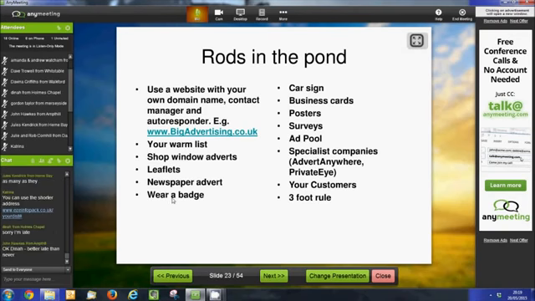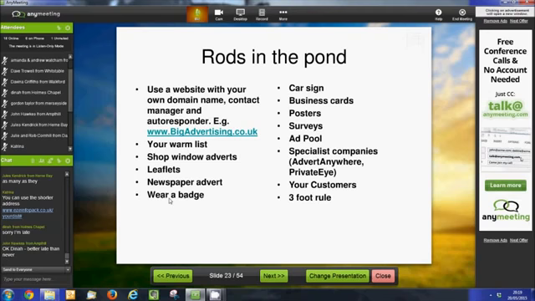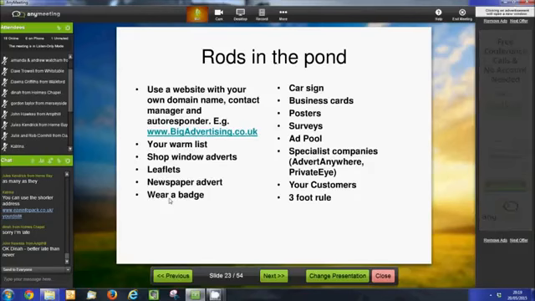Wearing a badge, I mentioned the three-foot rule. You can see it here again. If you wear a badge that just says something like, "If you hate your job, ask me about mine," or "Earn extra money now, ask me how." Especially a great thing to do is to wear it upside down, because if you're stood in a queue just looking around, the person either side of you might start looking at your badge, and you can see them turn their head slightly while they're trying to read it.